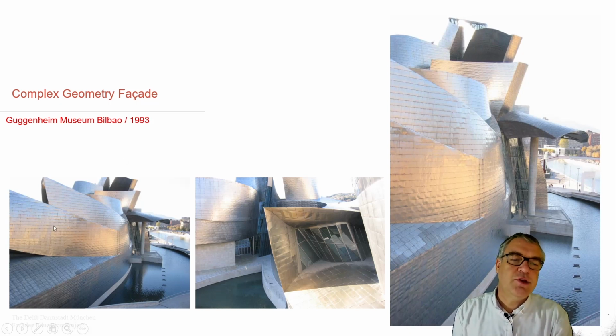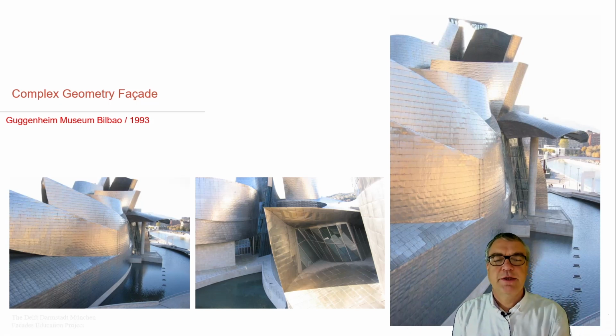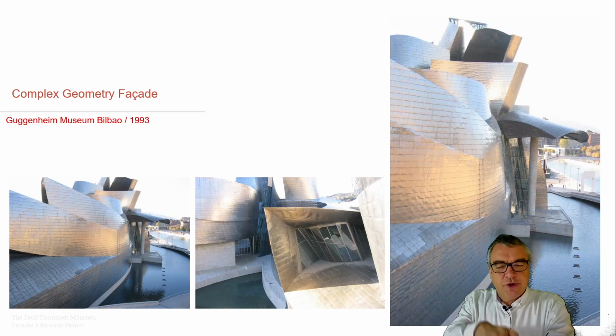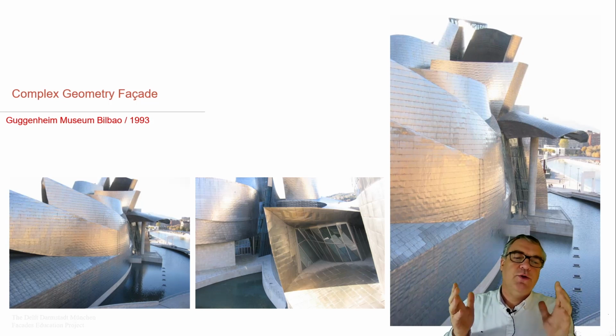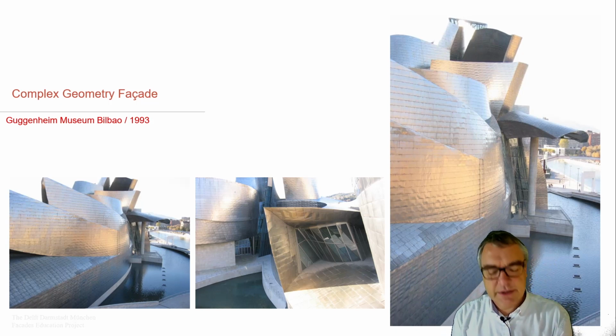The strategy he chose to create these smooth surfaces, instead of having flush glass plates or pre-curved polycarbonate plates, he ends up with zinc shingles. So shingles on top of each other, which by the size of the shingle allow to follow the line of the geometry smoothly, as expected.